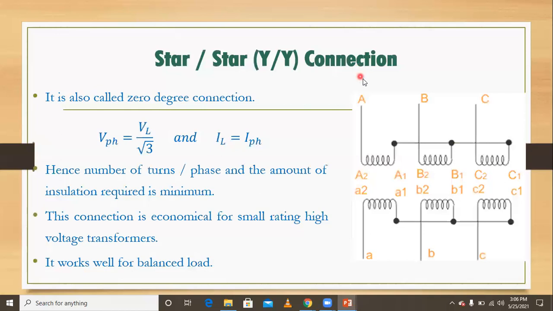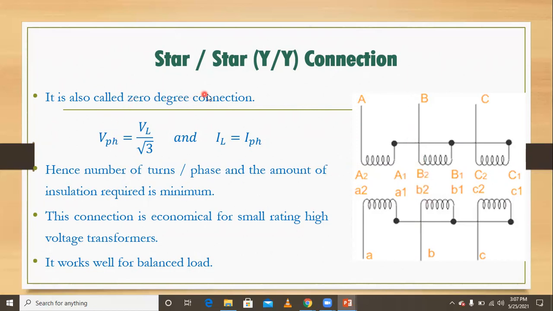The first one is star connection. The primary side of the transformer is connected in star, so one common neutral point is available. The A winding is connected to one common point, the B winding is also connected to the common point, and the C winding is connected to the common point. That's why it is called star connection. On the secondary side also, the A winding, B winding and C winding are all connected to a common point. The primary windings are connected in star and the secondary side is also connected in star. That's why it is called three-phase star-star connection.